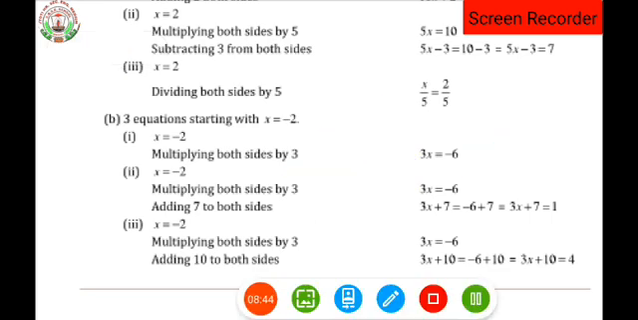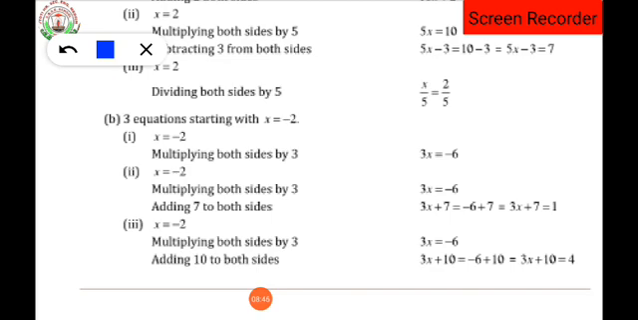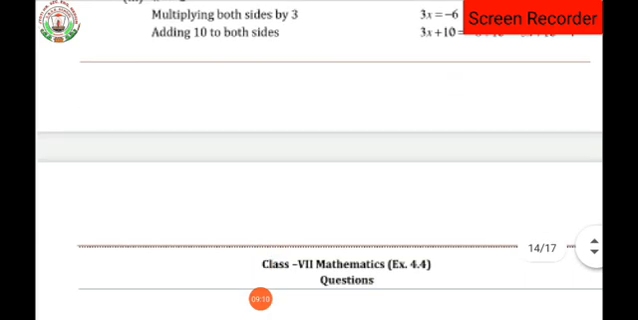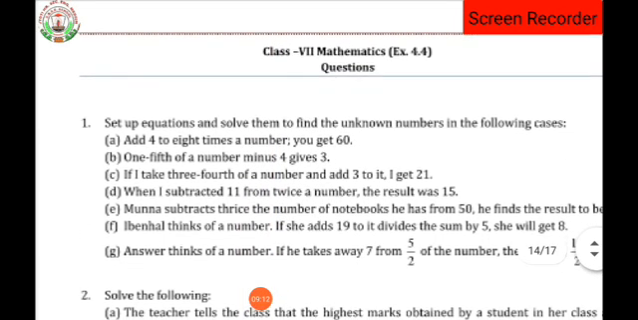Clear? In the same way, we are going to see x is equals to -2, multiplying 3 on both the side, we will get 3x is equals to -6. Then adding 7 on both the side, we will create a new equation, that is 3x plus 7 is equals to, we will get the answer as. Okay, understood? So here our exercise 4.3 is completed. Now let's look at exercise 4.4, question number